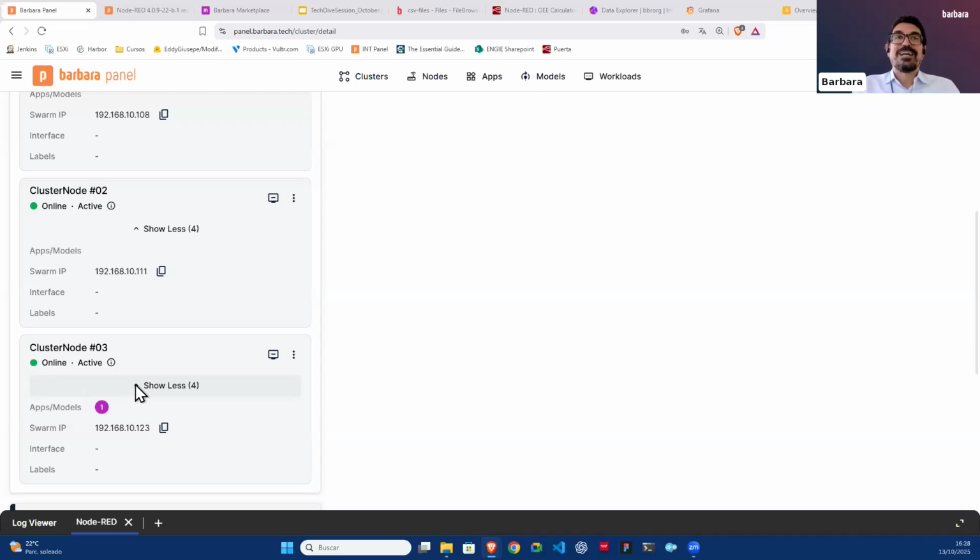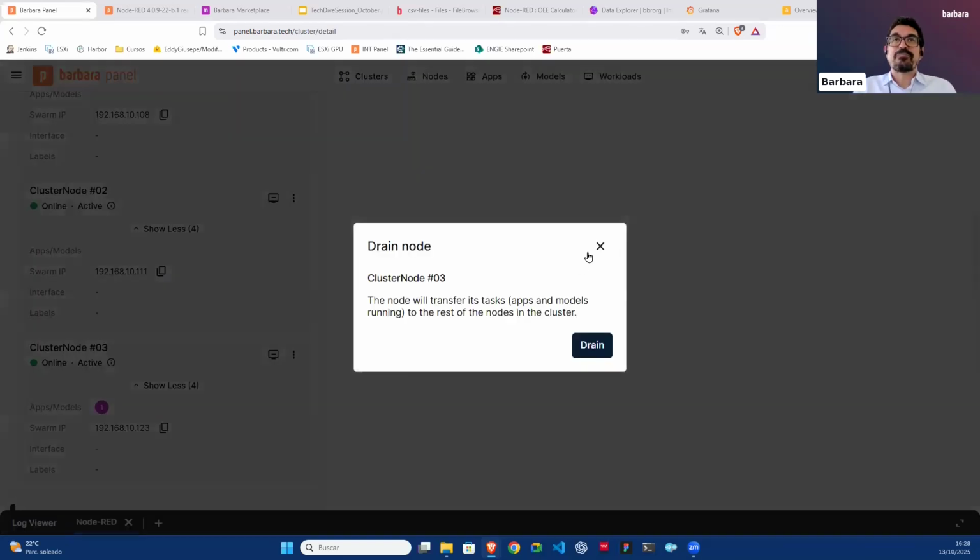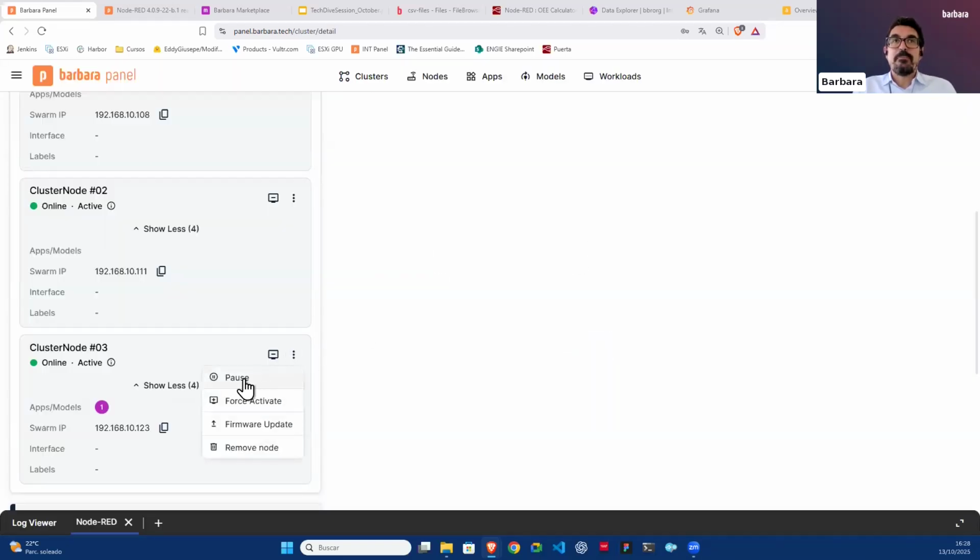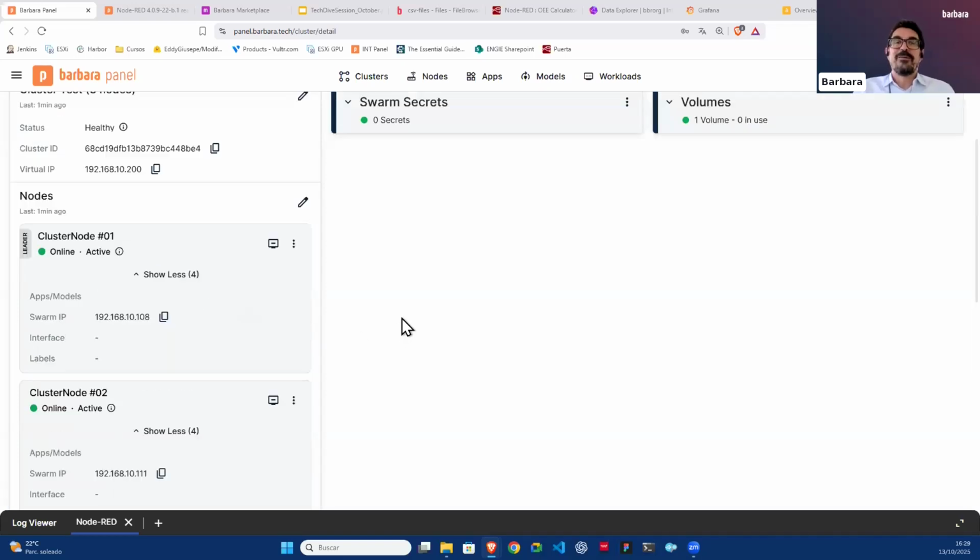What can I do? I can say, okay, I'm going to drain this node. I can pause it. When I pause a node, it doesn't get more tasks, it doesn't get more applications, it just keeps the application it has. Or if I drain my node, what it does is move the application to any other node in the cluster, and leaves it quiet to do something like a reboot, like updating or something like that. But it is a way of showing you how the application will move to the other